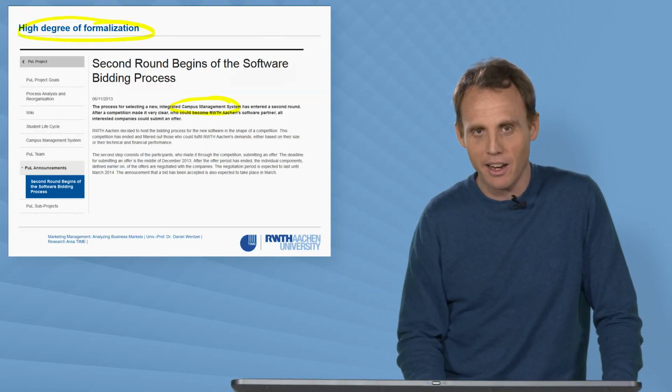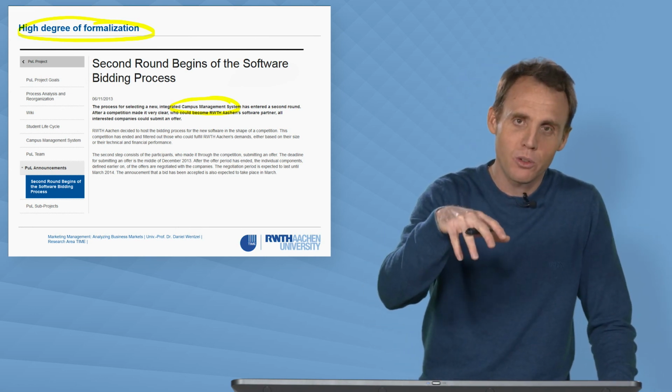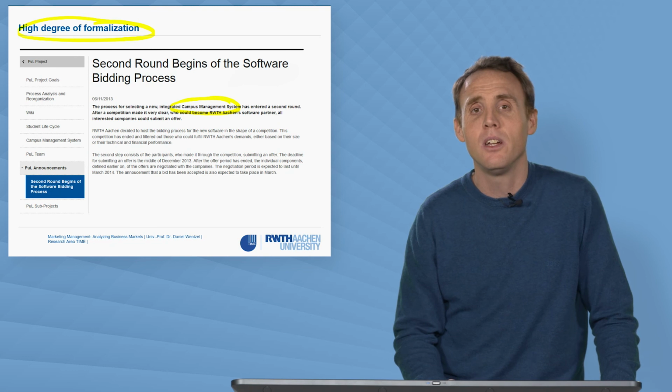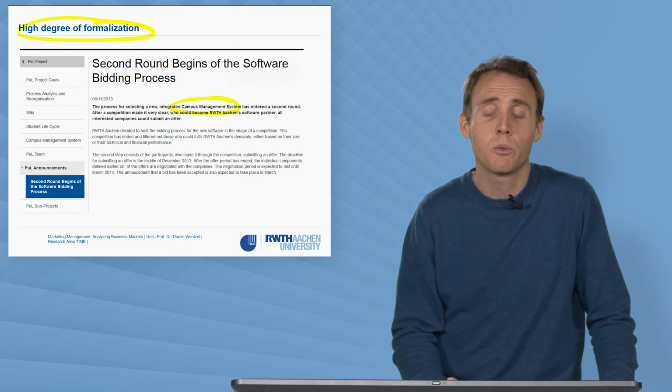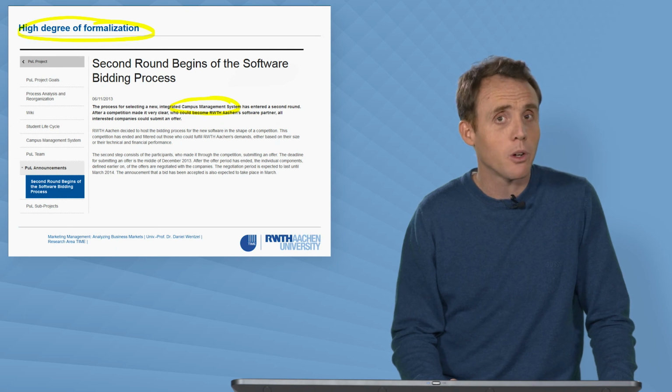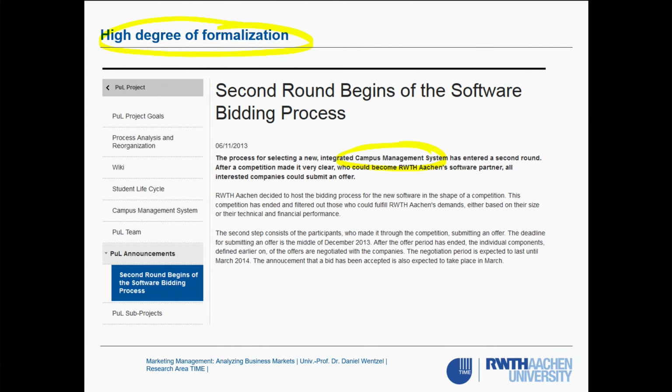What happens then? It's not like the buyers in this university, just because we're a public institution, can contact a software company and say, please develop a new software for us. No, this is not how it works. This is very complicated. Here, they have a brief report on how it works.